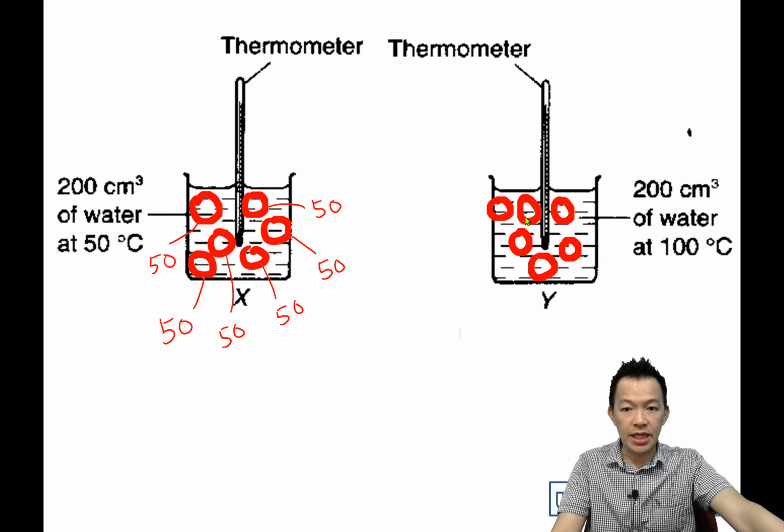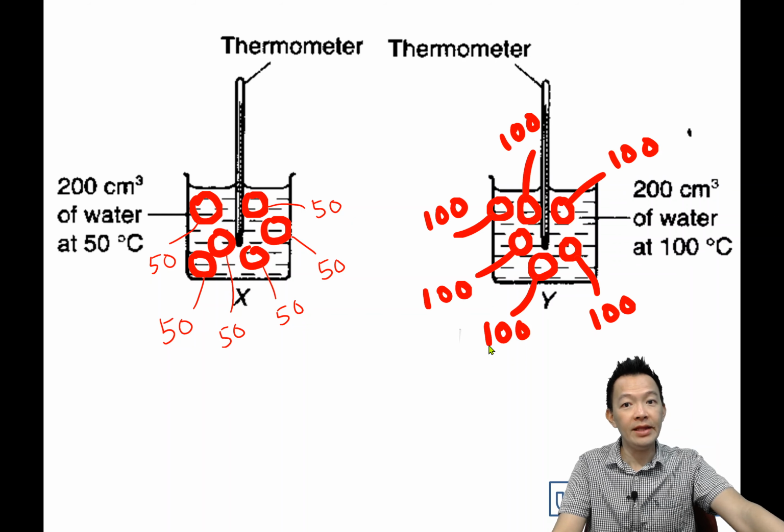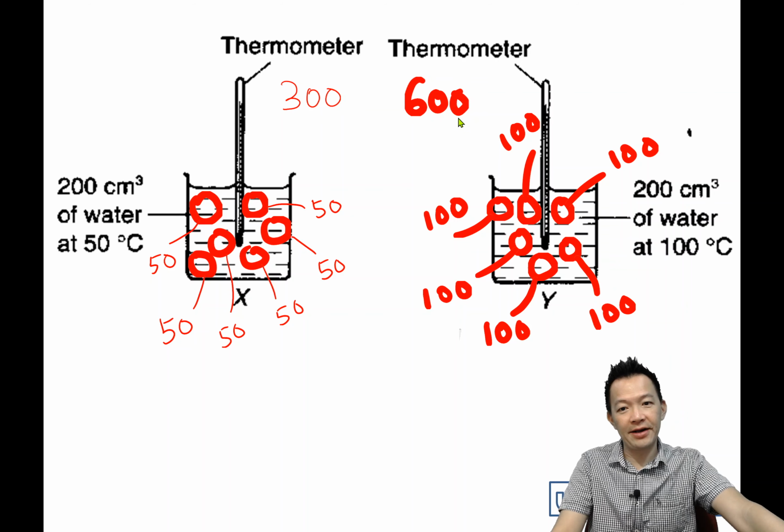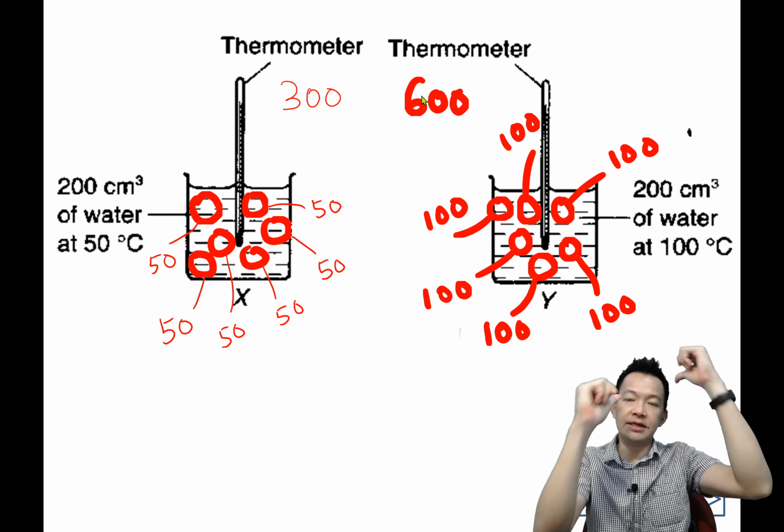The temperature for the beaker Y is 100. So what is meant by 100? The average energy per particle,平均每一粒 particle 的热能就是100,对不对？So temperature 就是平均。And how about the heat energy? Okay, the total heat energy for X is 300, and for Y 600,是不是？Okay, so now what can you learn from this example? 2杯一样大杯的水,200 ml,200 ml,比较热的那一杯热能比较多,所以2杯倒下去,右手边又是比较伤了,对不对？